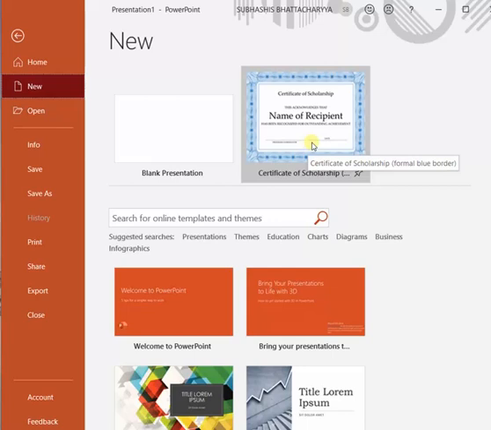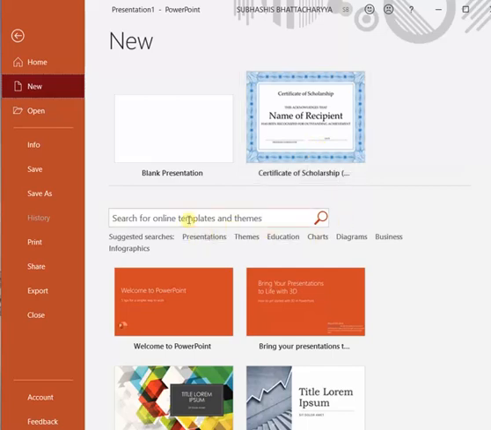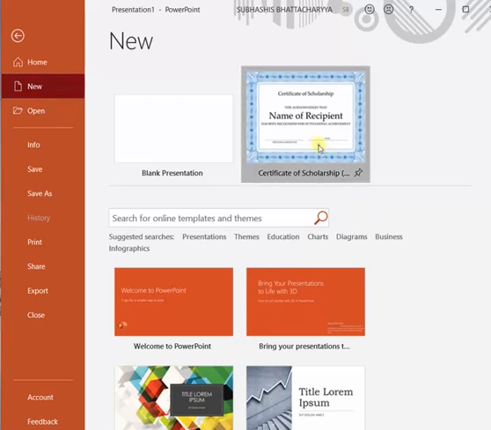And if you want to download more built-in templates, then you can search here or select from these categories of built-in templates. Then you have to connect to the internet, and then again you can download and create it. Now what is the basic difference between built-in template and themes? Built-in templates,